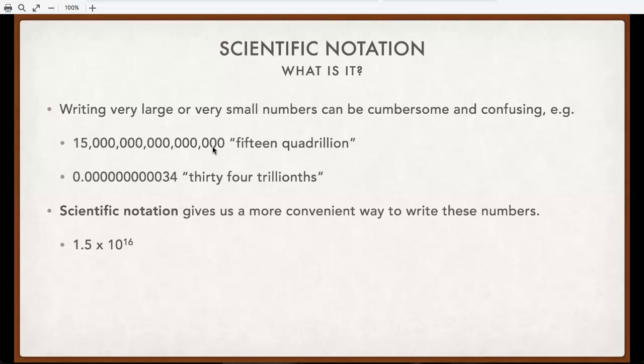For example, that first number, 15 quadrillion, we can write as 1.5 times 10 to the 16th. Or that second one, 34 trillionths, we can write as 3.4 times 10 to the negative 11th. Because we have a very easy number to deal with here before the multiplication, 1.5 or 3.4, and then after the multiplication, we always have a power of 10. 10 to the 16th, we know that's going to be a very large number, and 10 to the negative 11th, that's going to be a very small number. And by writing out the power of 10 there, instead of writing out all those zeros, it'll help us keep